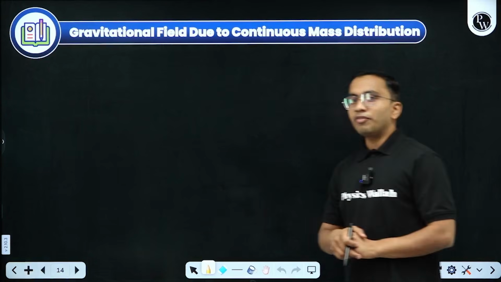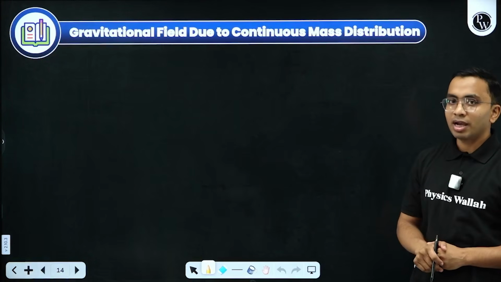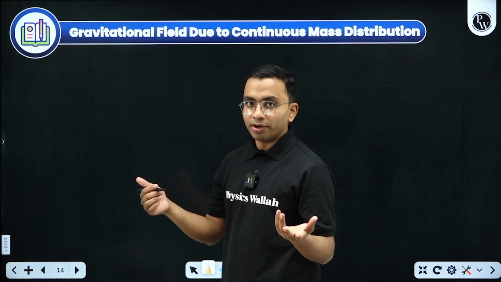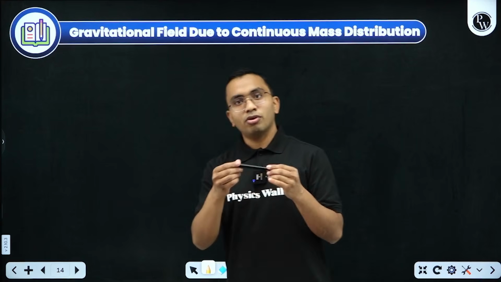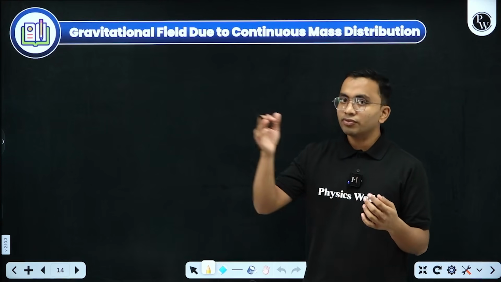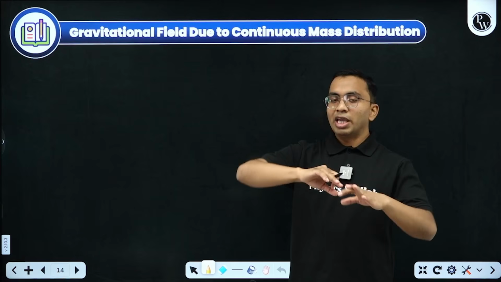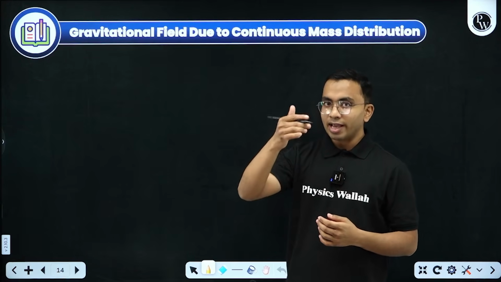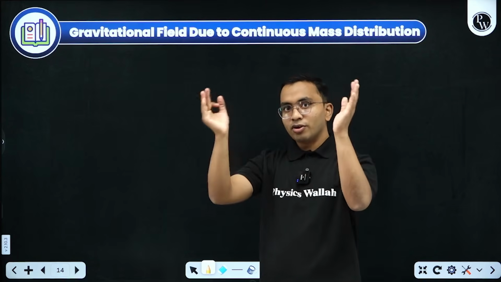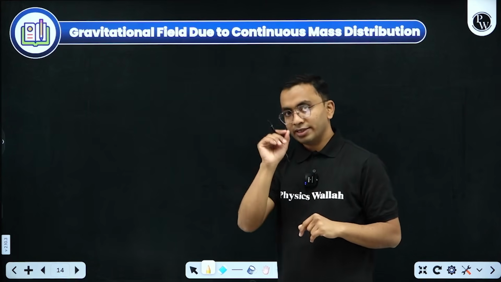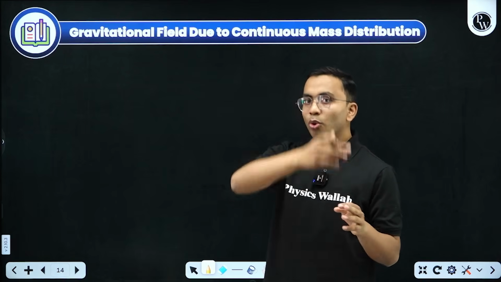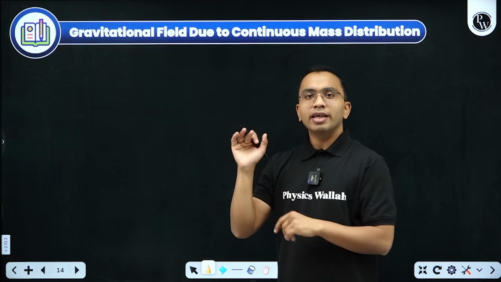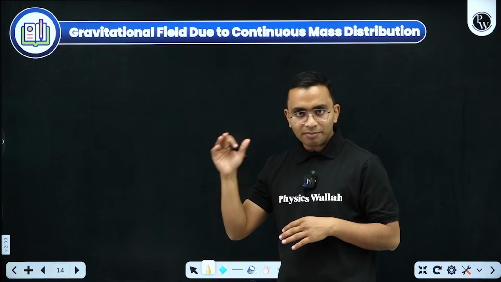Now let us discuss gravitational field due to continuous mass distribution. Now continuous mass distribution can be, let us take a rod. Okay, you can say a rod is there whose length is given, mass is given and we need to find field at a particular point, or we may have a ring, on the axis of the ring we need to find, or we may have a disk, on the axis of the disk we need to find, or we may have an arc or a semicircular ring, at the center of that we need to find, or we may have a hollow sphere, or we may have a solid sphere. The same shapes we have considered in electric field case also, and the same things we are doing here.